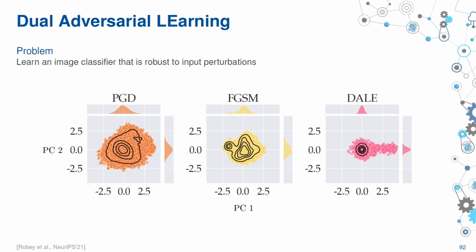So, if you project the disturbances you get using projected gradient ascent on these two principal components, you can see that it uses a lot of energy in the second component, which is not the largest variance, it's the second largest variance. It's still pretty good. It's not a bad idea, but it's not the best way to do it, which would be to concentrate more on